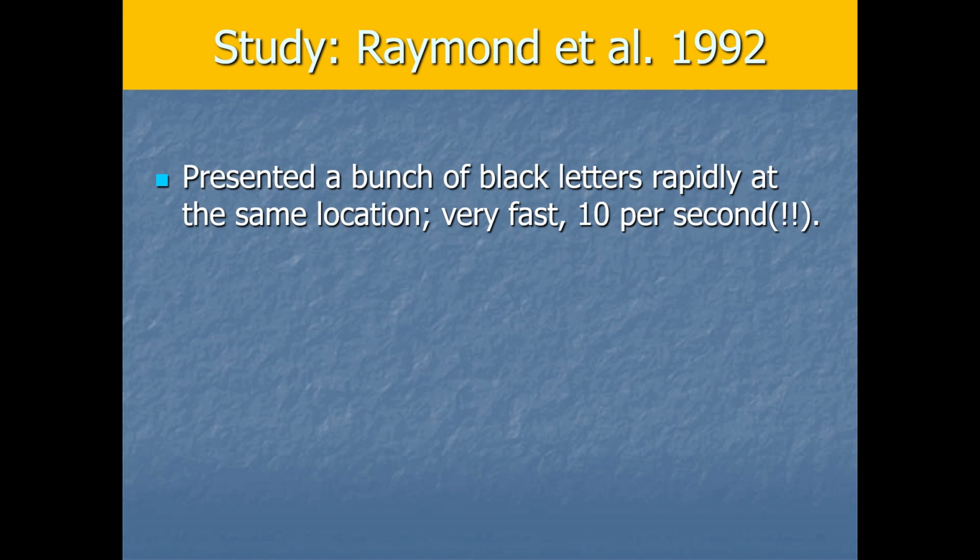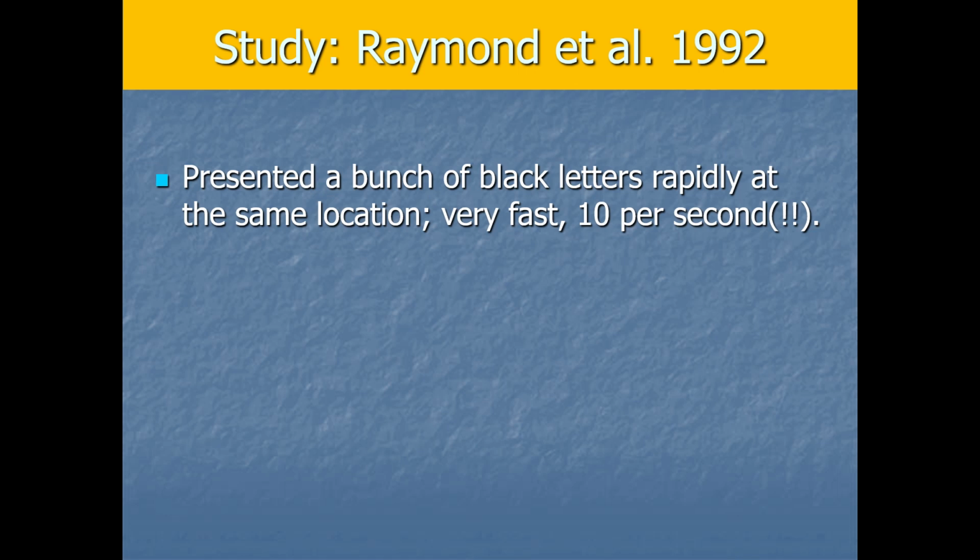It's that fast, okay? And while this stream of letters is flying by at 10 every second, the participants had 2 goals, 2 tasks that they had to do as well as they could. So one, they had to identify a single white letter that would show up in the stream of black letters. And second, they had to report whether or not the letter X showed up in the stream after the white letter. And the X, by the way, was there only 50% of the time, not every trial. The researchers put that X either very soon after the white letter or quite a bit later in the stream. A bunch of other letters go by and then the X shows up.